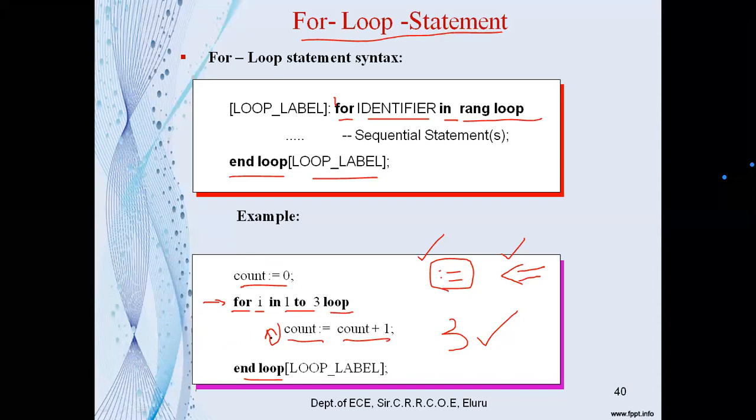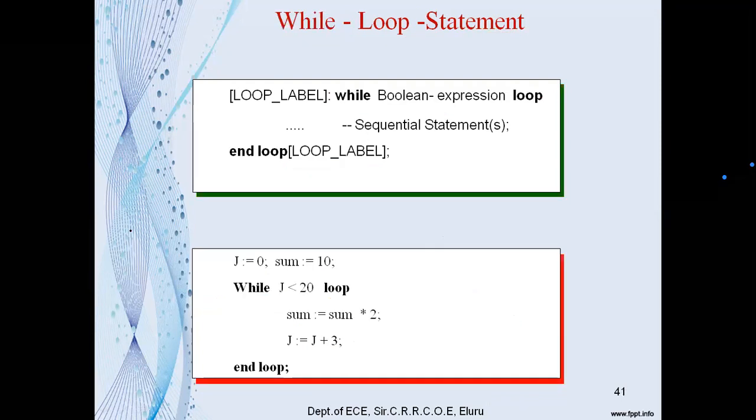Right, the answer is no, because only variables are allowed inside of that and signals are not. As we discussed, in the process statement variables are allowed inside of the process, even if you use signals. But for assignment operations we will use only variables. This is about the for loop statement, and we will move on to the next one, the while loop statement.